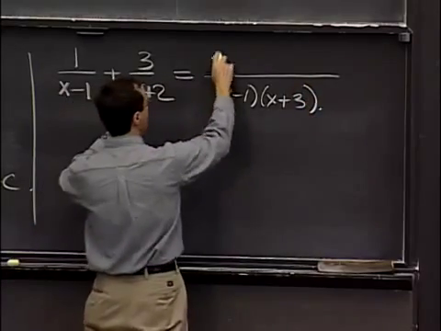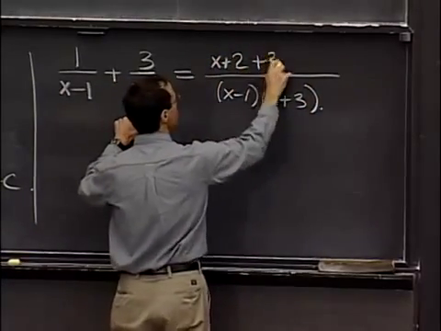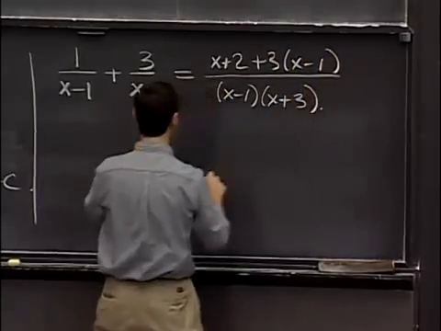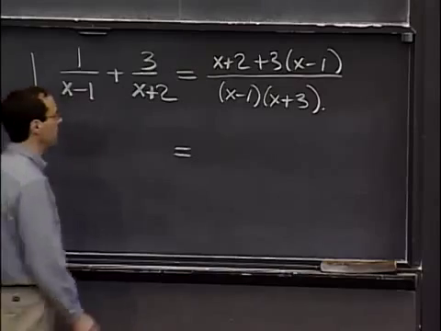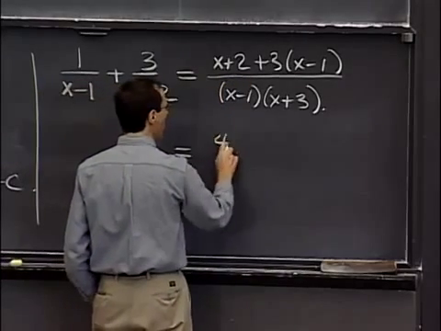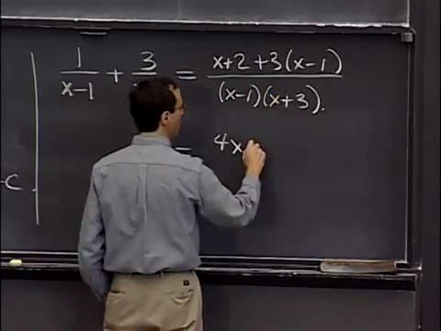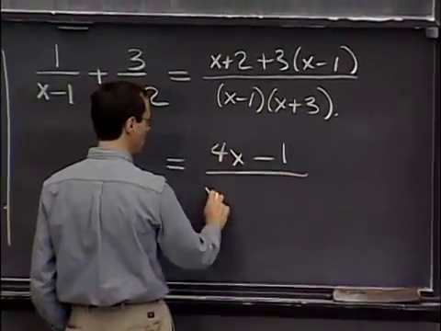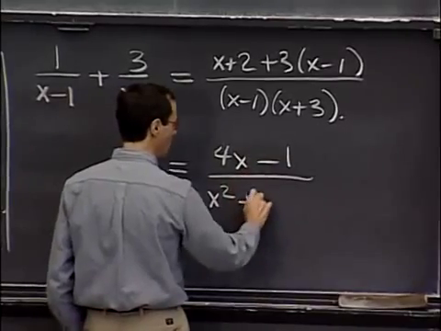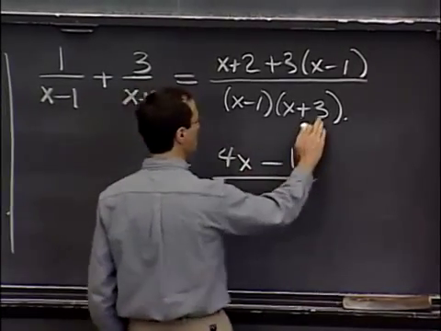And so that gives me x plus 2 here, plus 3 times x minus 1. Now if I combine all of these terms, then altogether I have 4x plus 2 minus 3, that's minus 1. And then if I multiply out the denominator, that's x squared plus